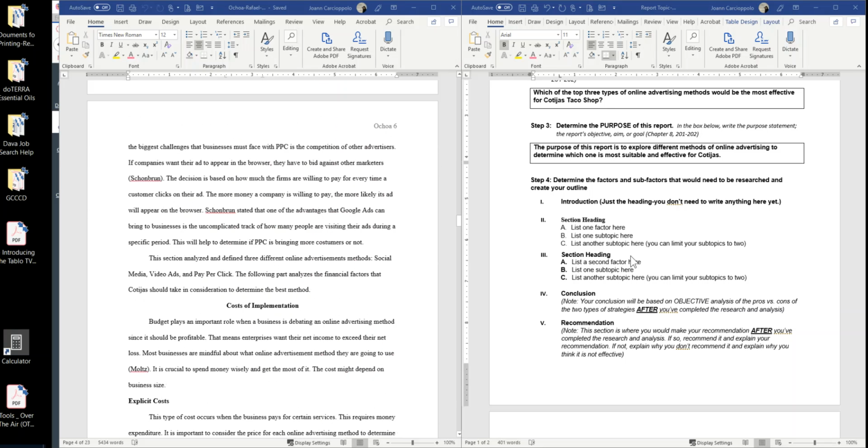The factors listed under the heading sections relate to 3 types of online advertising methods he or she determined were the most popular and effective through his or her research. Another way of preparing this outline might be as follows. So the 3 section headings would be